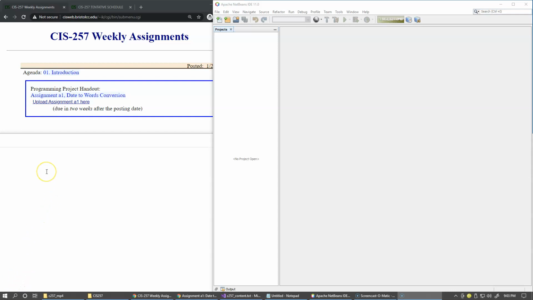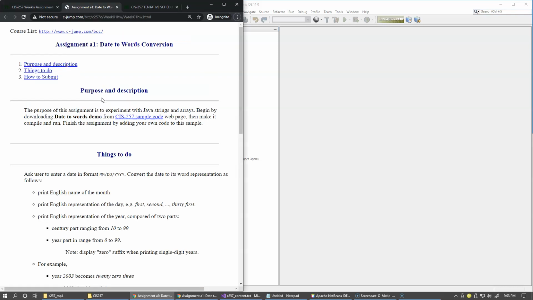One more remaining part on our agenda is assignment 1, date words conversion. The purpose of this assignment is to experiment with Java strings and arrays. So we begin by downloading the demo code from CIS257 sample code, and the demo that we need to download